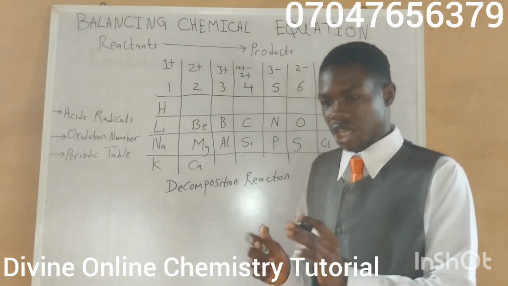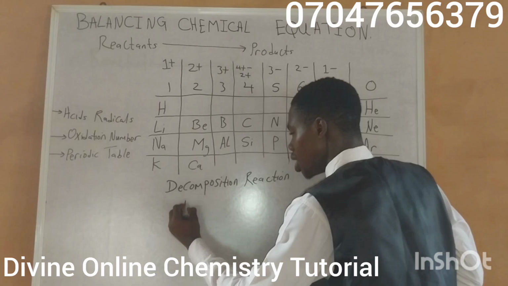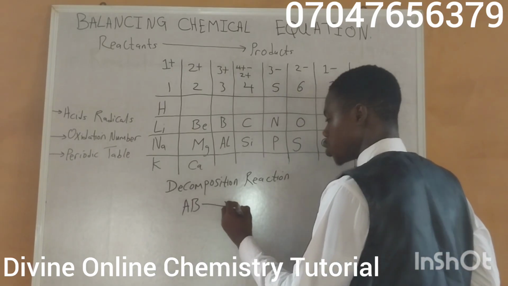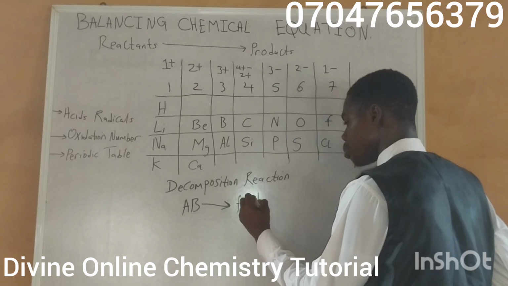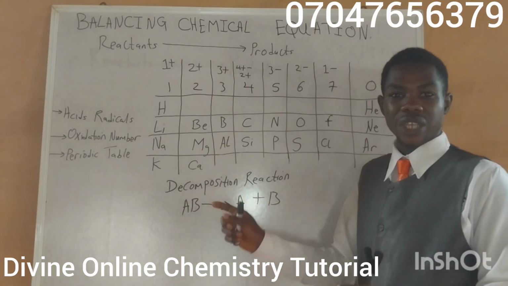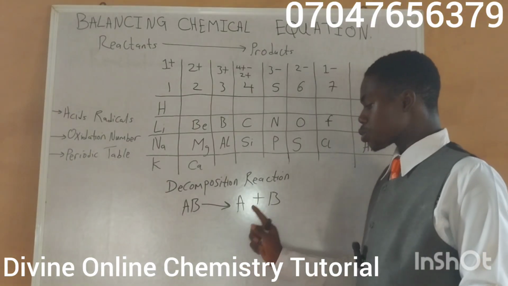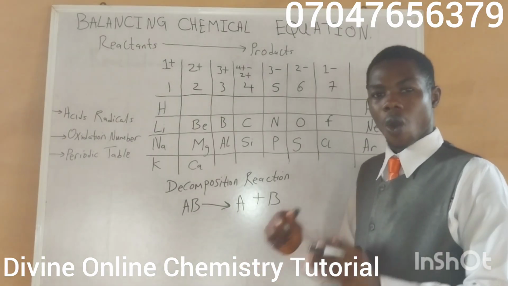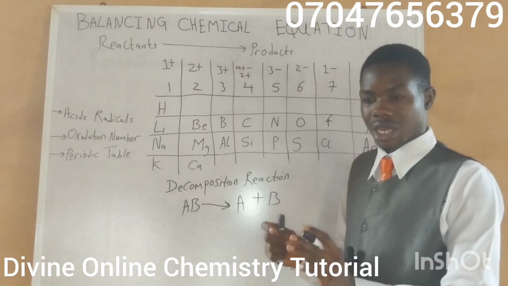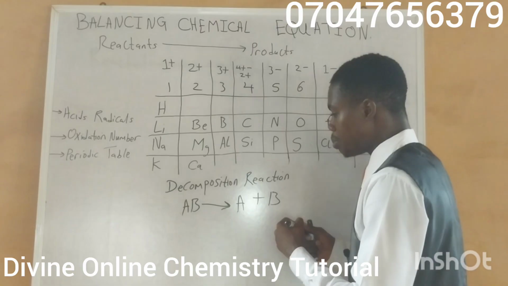Now let's take an illustration to explain it. Let's say for instance, AB decomposes to form A plus B. This is the inverse of combination reaction. A single compound decomposes to form two smaller compounds or elements. Now having illustrated this, let's use elements to explain this. For example,